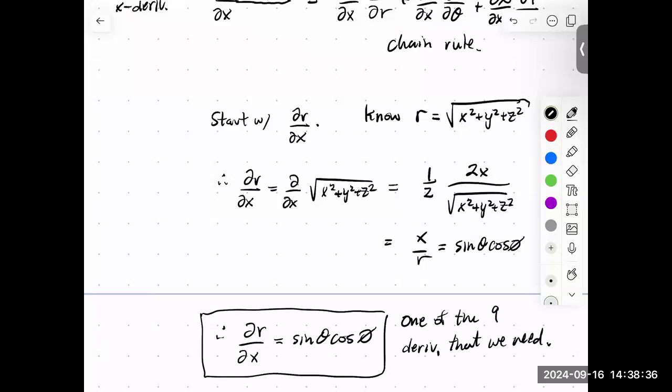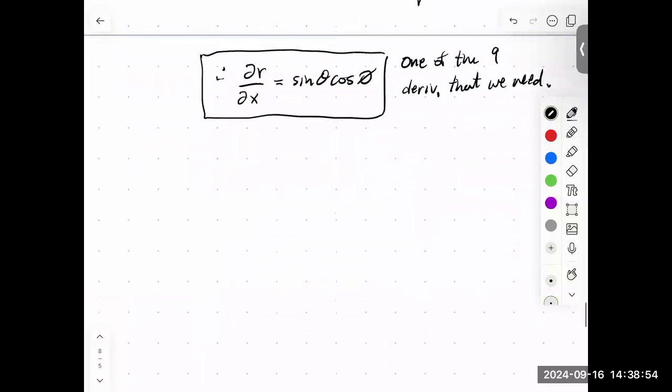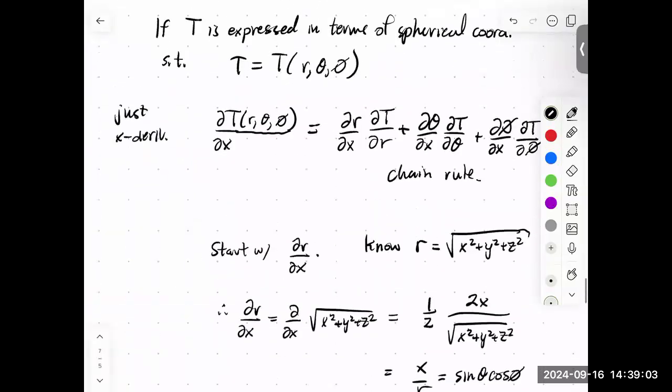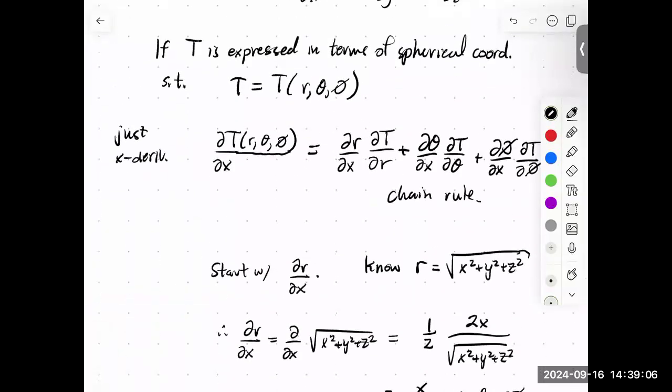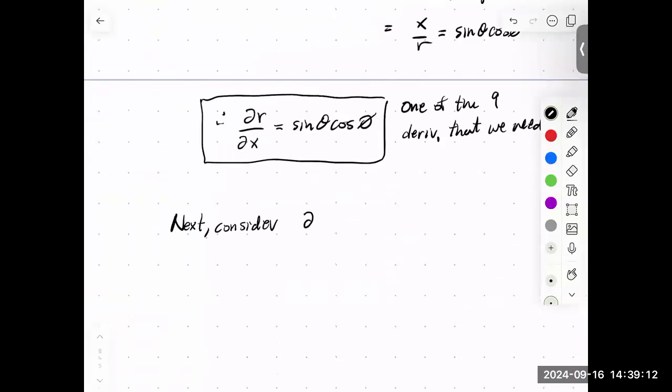We need 9 because we're going to need d theta by dx, d phi by dx, and then we're going to need dr by dy, d theta by dy, and so on. I'm not going to do 9 of them, but I've done the easy one. Let's do one of the more challenging ones, and then that's where we'll leave it. So next, we have to do d theta by dx. How are we going to do that? So first, let's think about